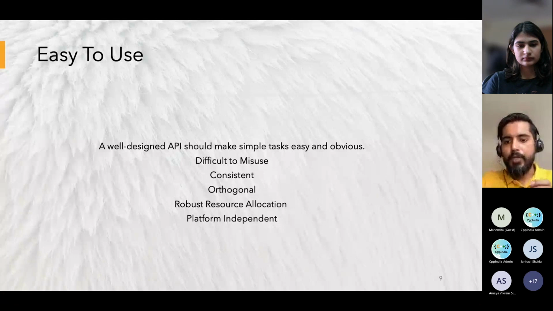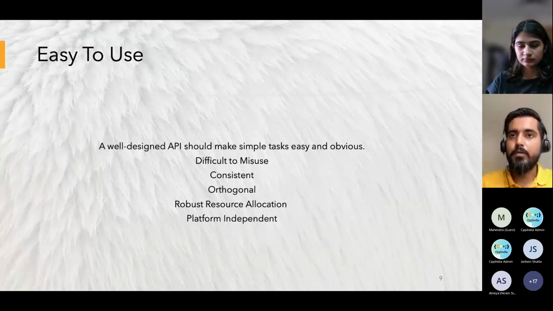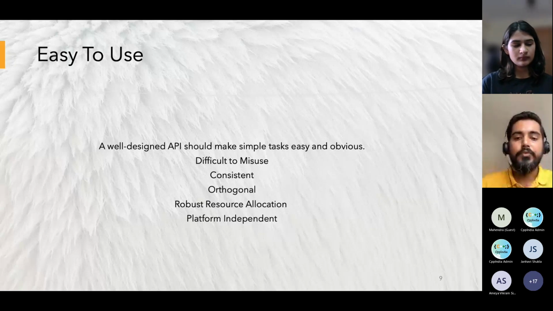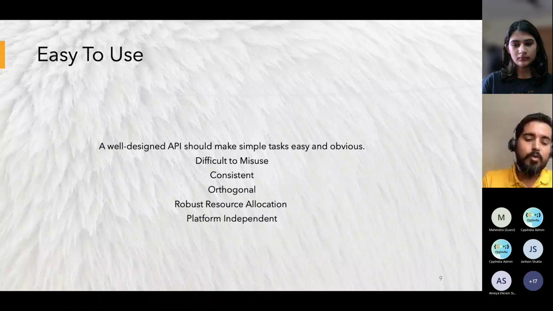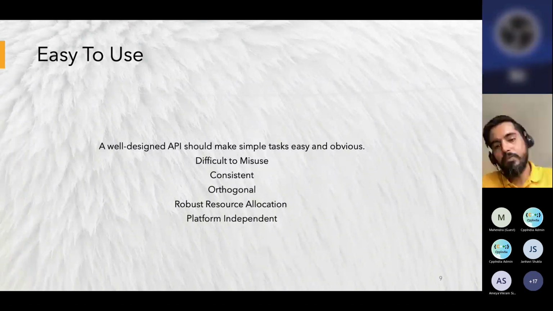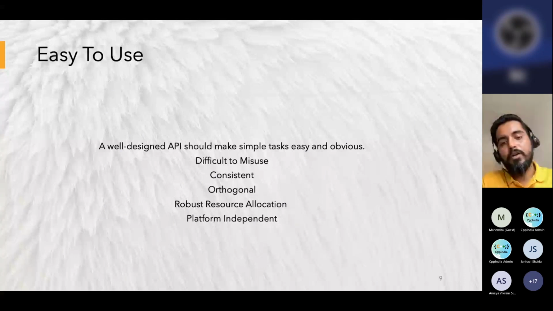Okay, and it should be difficult to misuse. Simple is one thing, but sometimes it's possible that a developer or whoever is using your APIs or libraries may misuse them. So it's your API's responsibility that whatever the user is doing, it should not get misused.